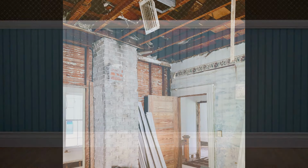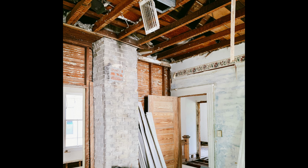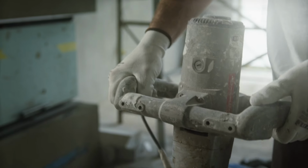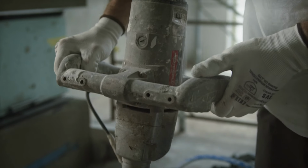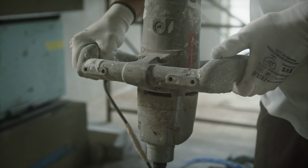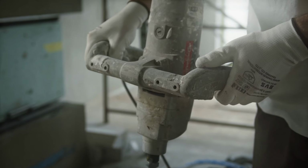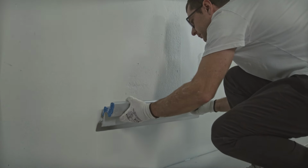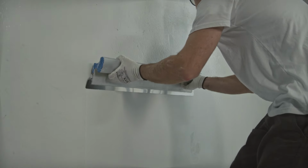In early houses, the walls were plastered using a method called lath and plaster. Small boards were attached to the wall running horizontally. Small spaces were left between these boards and the wall would be plastered. The plaster would flow in between these gaps and it would help to hold the plaster on the wall. The problem with lath and plaster is that it could take a long time for the plaster to dry, and in fact it could take several years for the plaster to completely dry so that the owner could apply the